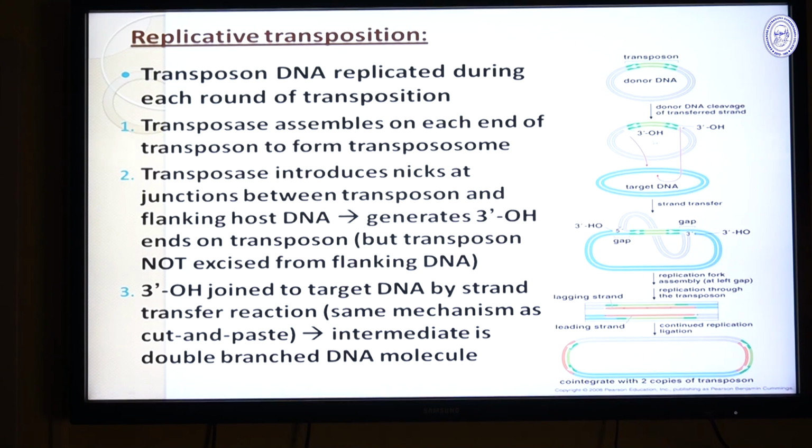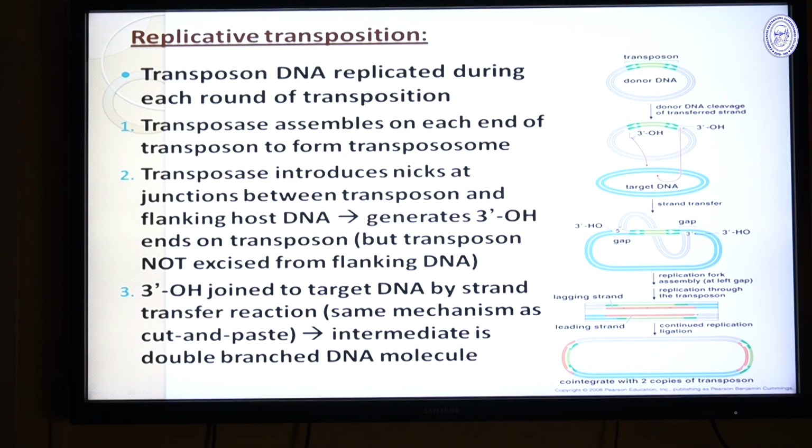Come to the first, second and third part of the diagram, where you can see the donor DNA, which is gray in color, getting attached to the target DNA. In the previous mechanism, the donor DNA had no relation in getting attached, but here they are getting attached because at this point there is no replication of the transposon that has actually occurred. So carrying only one set of the transposon, the donor DNA is attacking with the help of the transposase enzyme, by creating a 3' OH, as you can see in the second part of the diagram.